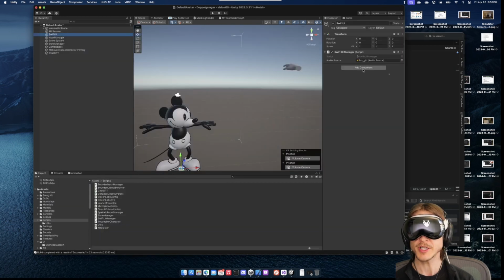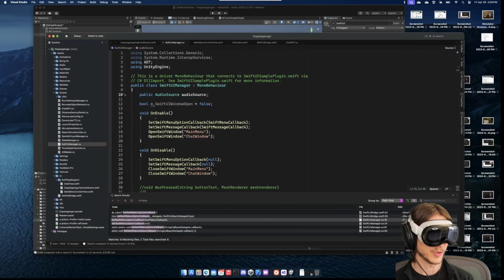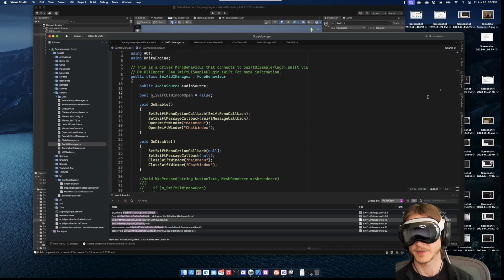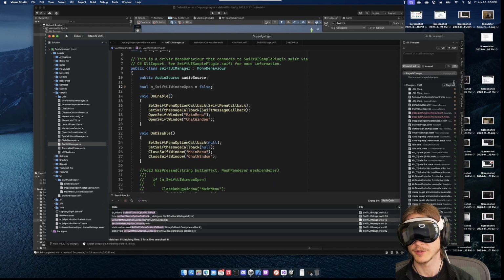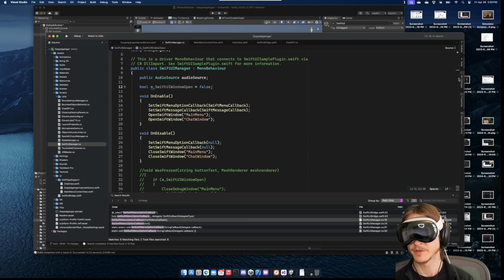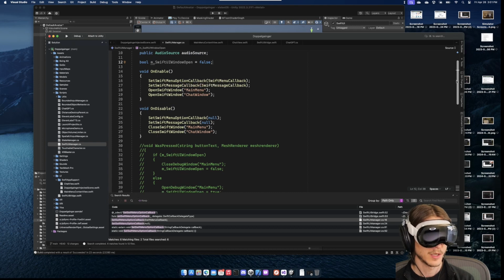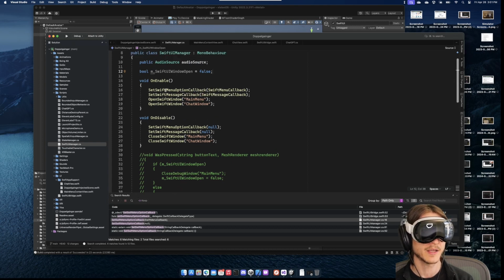So in our SwiftUI object, we've got our SwiftUI Manager, which in the onEnable function, so in Unity, onEnable gets called, you can think of it a little bit as the constructor. It's not exactly, because it will get called every time you toggle the enabled state, which happens right after construction. But you can also do it manually. But yeah, okay, so we're setting the Swift menu option callback to be Swift menu callback,